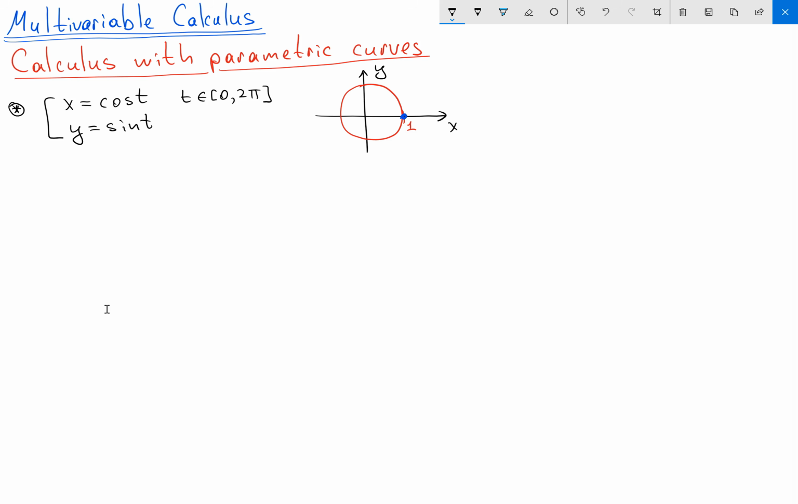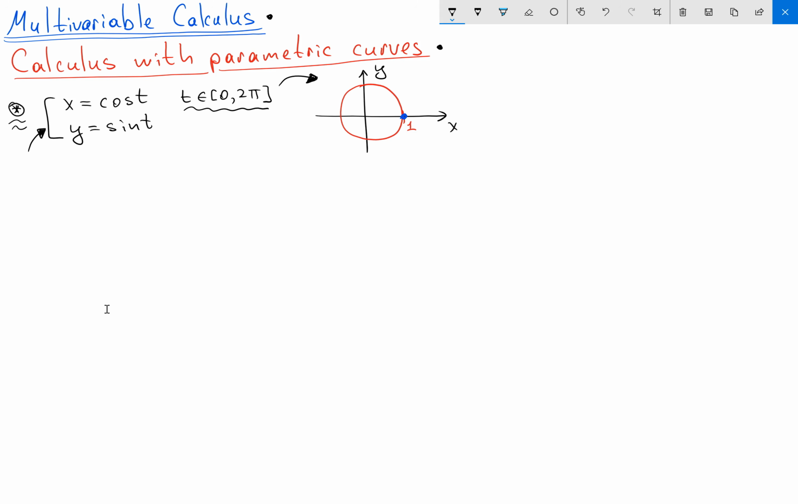Hello everyone, in this video I'm going to continue to talk about multivariable calculus, and I'm going to discuss calculus with parametric curves. So first let me give you a motivational example. Let's say I'm given these parametric equations: x equals cosine t and y equals sine t, where t changes from 0 to 2 pi, and as we know, by eliminating the parameter,